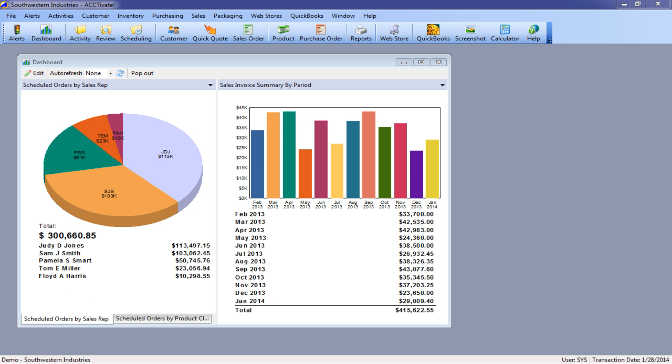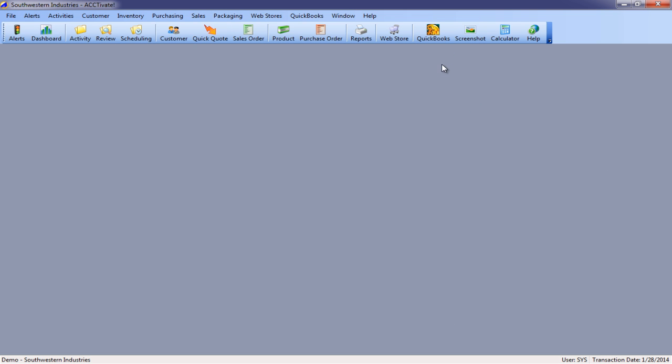Okay, as we get started here, I'm going to start with just the ACCTivate 9.0 desktop, and as you see, we haven't made a lot of major changes. The interface is mostly the same. We've got some improvements throughout, but for the most part, should be very familiar. So pretty easy upgrade for most people. So we'll get started right away with showing you just the sales order processing improvements in the workflow throughout the